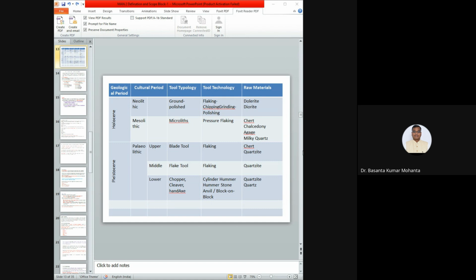This three-age system discusses cultural evolution, where we analyze different periods, and based on their cultural characteristic features, we named them in different ways. So in the three-age system, we are discussing our prehistoric culture, our past culture, in three major categories: one is Stone Age culture, one is Metal Age culture, and one is Iron Age culture.